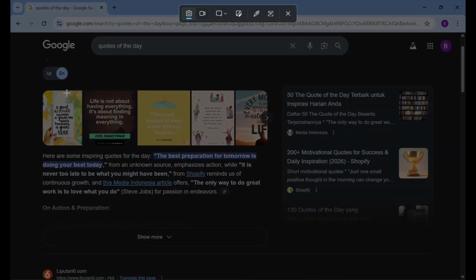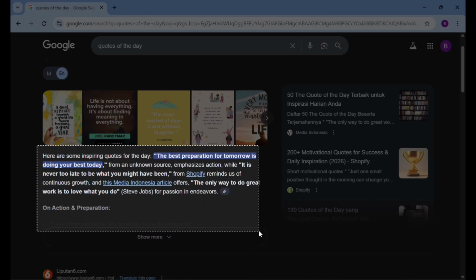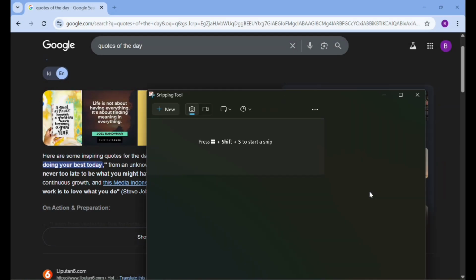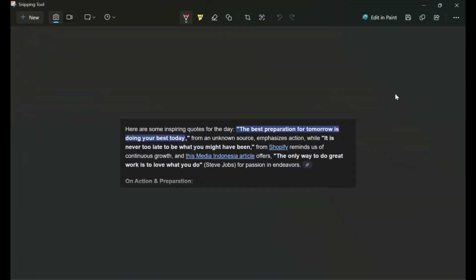like this. And then next, just capture anything on your screen, maybe a paragraph from a website, a quote from a photo, or a list inside a PDF, literally anything that contains text, for example like this. Once your screenshot appears inside the Snipping Tool window like this, just look at the